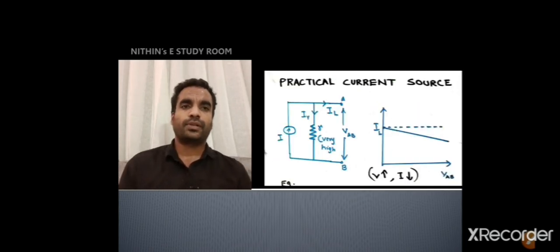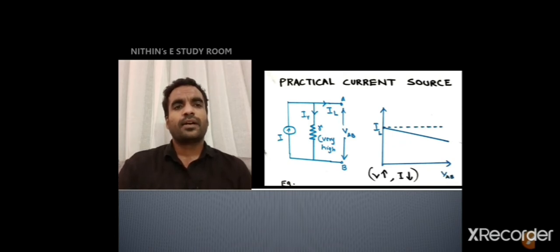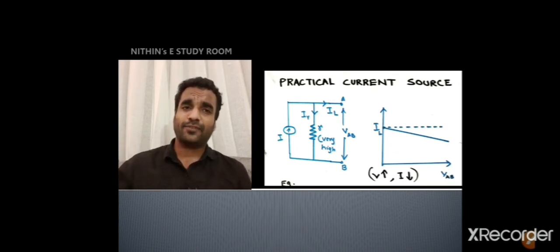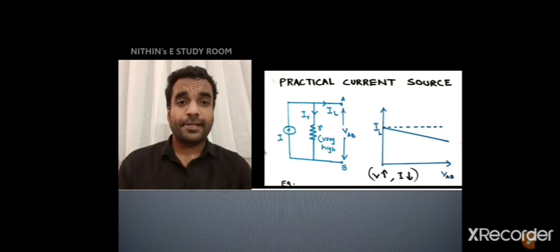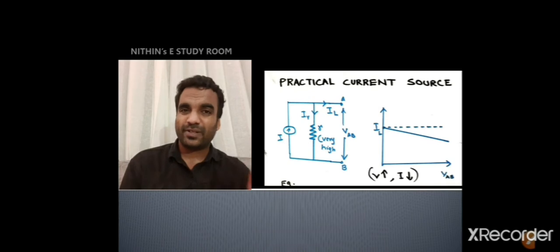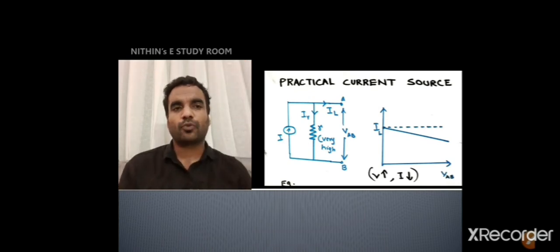Now we are coming to the case of a practical current source. What is the CADA? The CADA is just the same as the practical voltage source, but the axes are interchanged. On the x-axis you are taking voltage and on the y-axis you are taking current, but the current is no more constant. In this case, the current is constantly decreasing, showing a slightly drooping CADA. Drooping CADA means it is reducing slightly with the increase of the x-axis value. So when voltage is increasing, current is slightly decreasing.